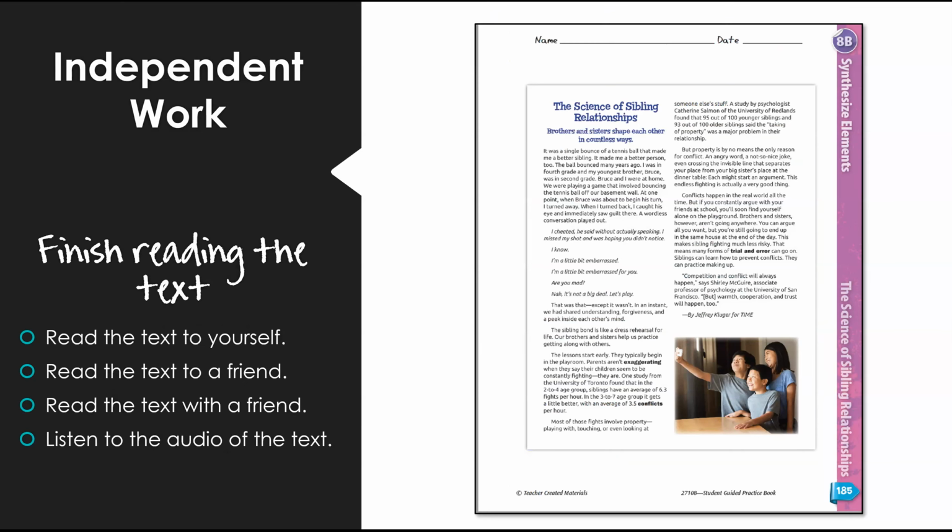The second independent assignment is for you to finish reading the text. And you have a choice here. You can choose to read the text to yourself. You can read the text to a friend. You can read the text with a friend, or you can listen to the audio, which you'll also find in our virtual classroom space. So when you join your small group this week, we will continue with our work with